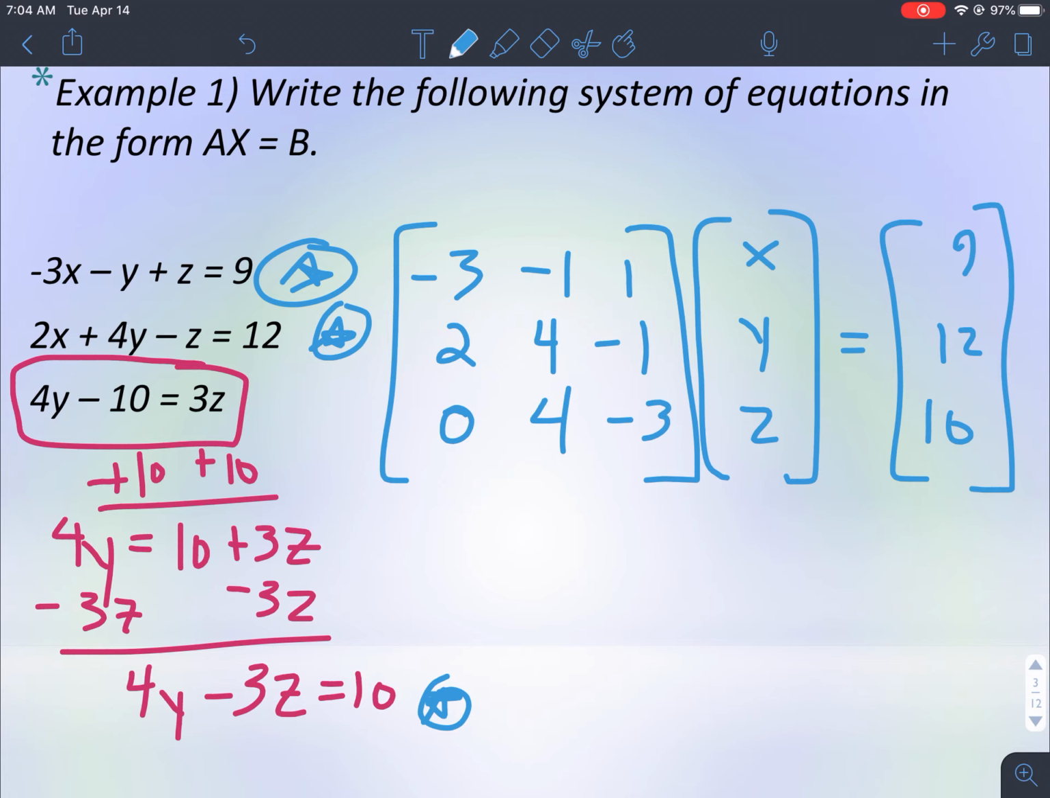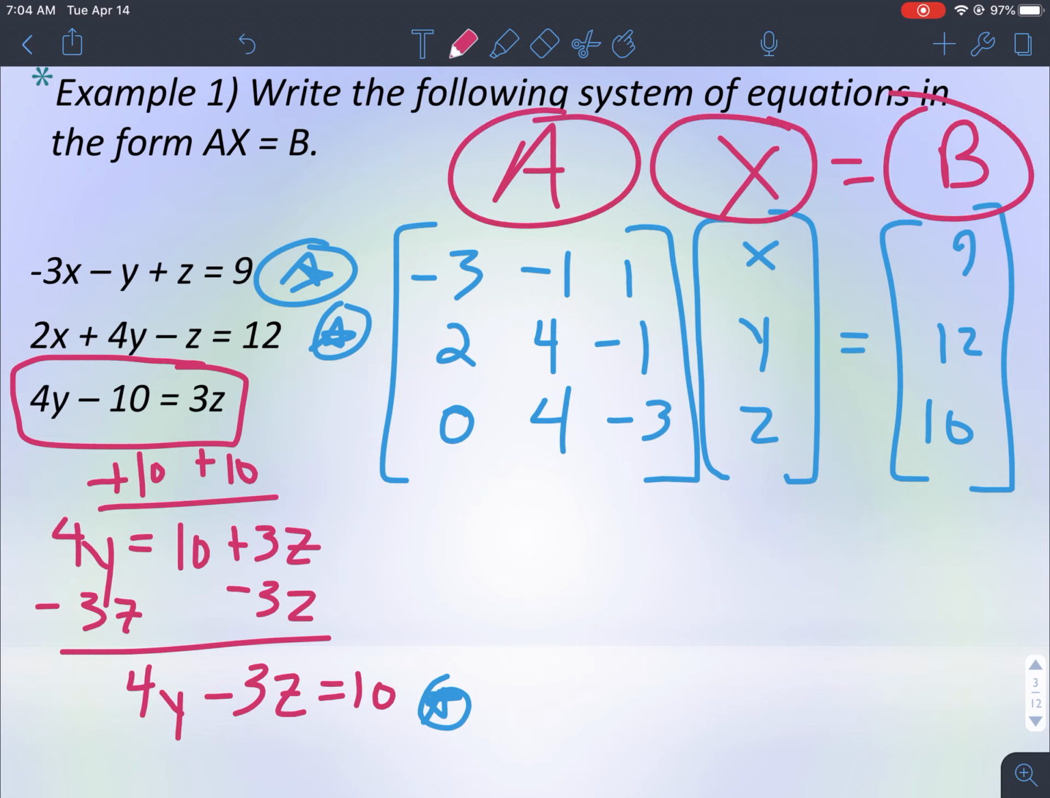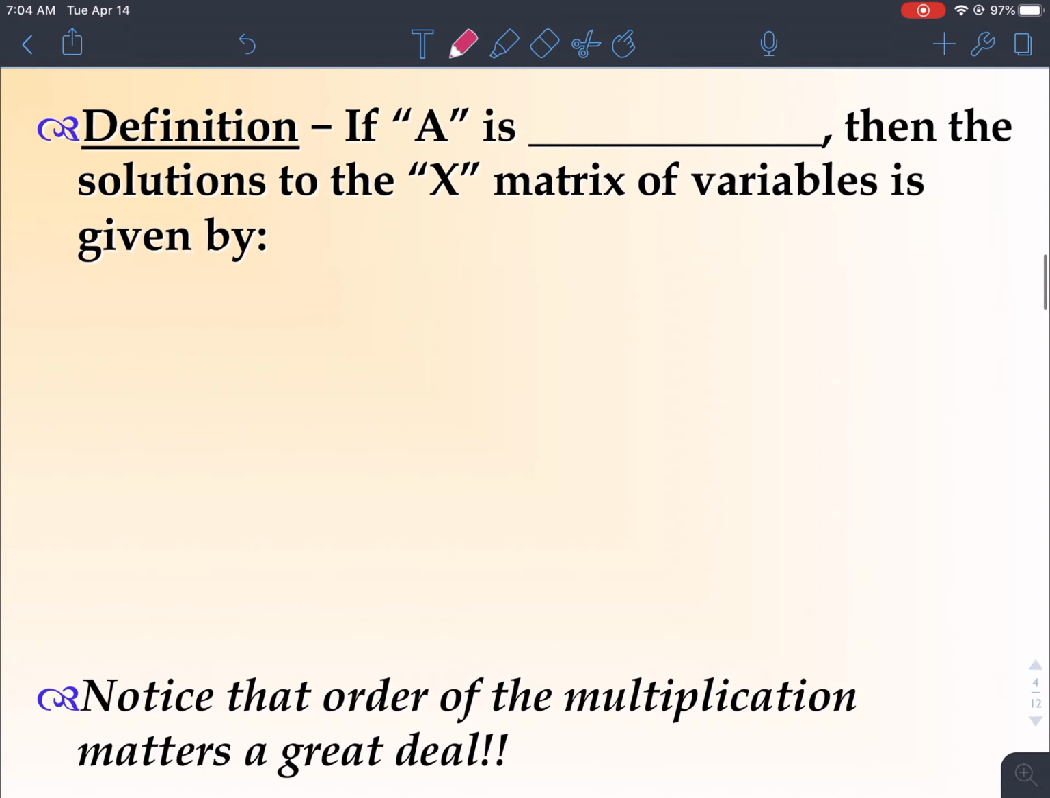It might be a little bit confusing that our matrix equation has an X in it as well as one of the variables, but just notice that this is going to be all capital letters. Now, if A is invertible, and we're talking about square matrices here, then the solution to X is given by